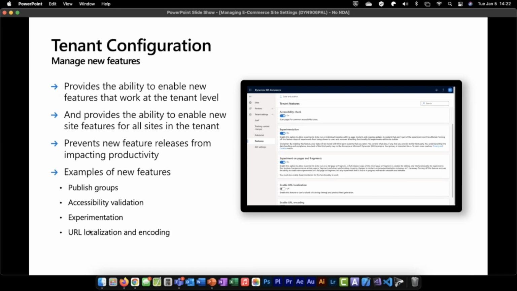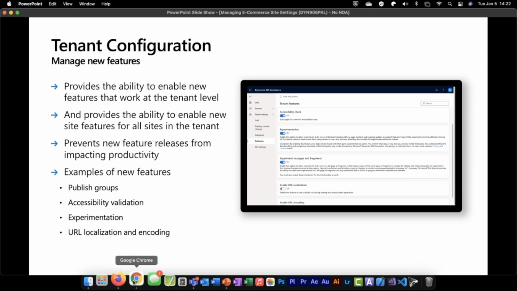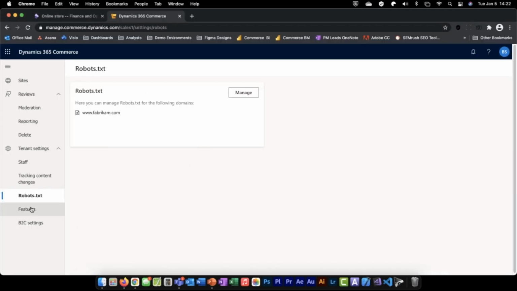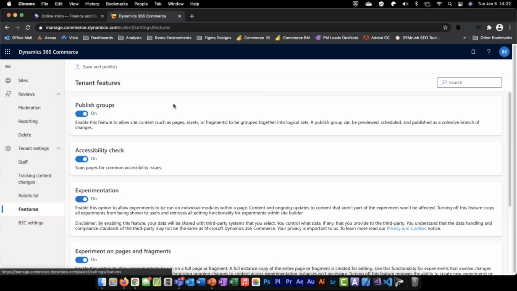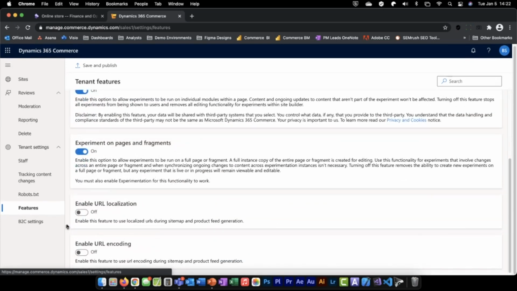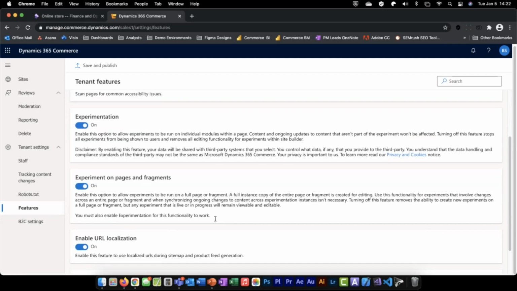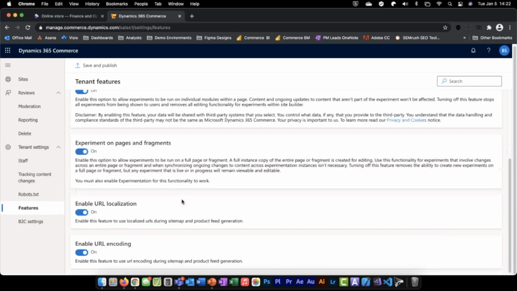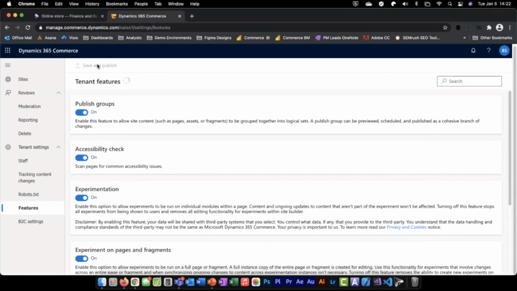And it's really easy to go and turn features on and off. So we can simply click on features. You can see that there are certain features here that are enabled, and there are certain features that are off. So we can go ahead and turn on URL localization and encoding. They're not on yet, but if I hit the old save and publish button, now those settings are set and they'll be available to use in the other sites,